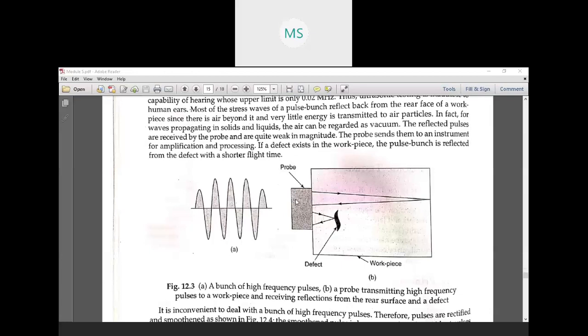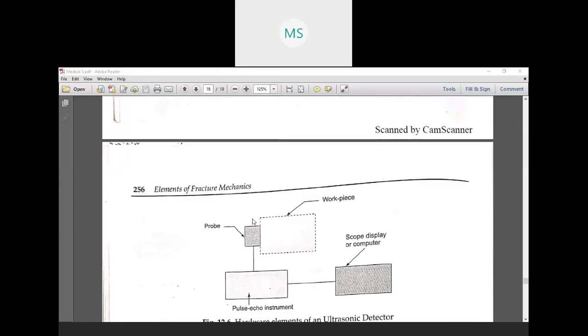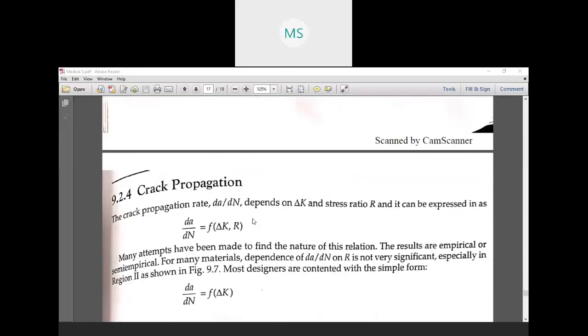and it is a little difficult to understand those waves. For that we are using amplifiers and different processing systems to magnify or enhance that signal to be understood. Okay, so this is the probe and all if you want to do.